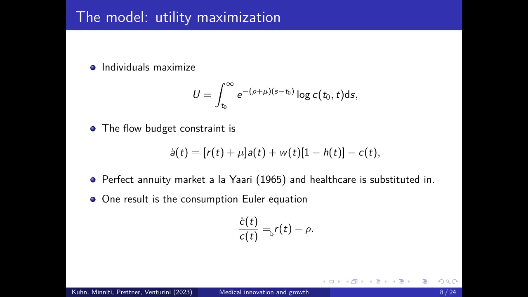And the result of this optimization problem is the well-known consumption Euler equation, where we have consumption expenditure growth on the left-hand side. This is positive if and only if the interest rate, which is what the financial markets pay us to compensate us for our impatience, is higher than the time preference rate. Then we have consumption growth. Consumption growth means consuming less today and more in the future, so having a steeper consumption growth path. And that happens in case of an interest rate being higher than the rate of time preference. By contrast, if the opposite holds true, then we have decreasing consumption over time, which is dissaving. So I consume a lot today and less in the future.